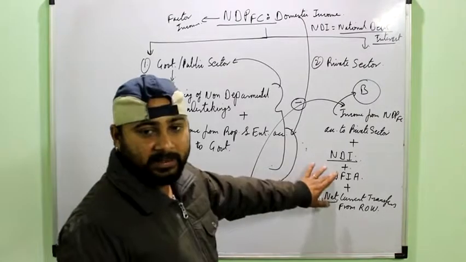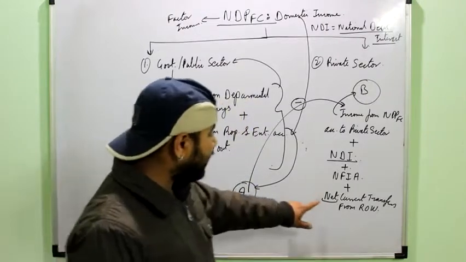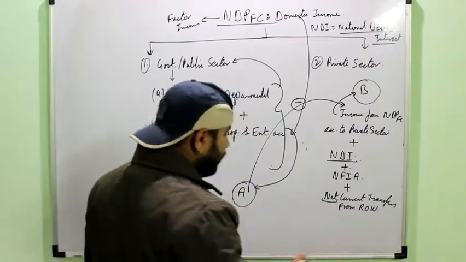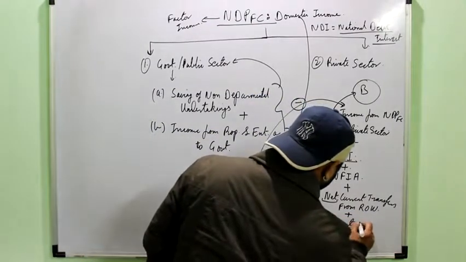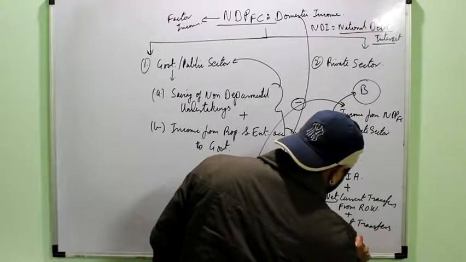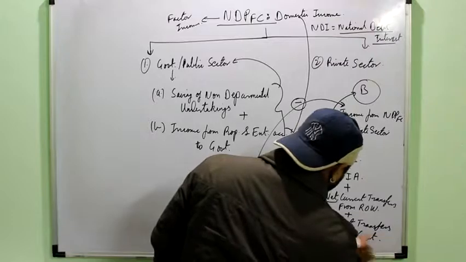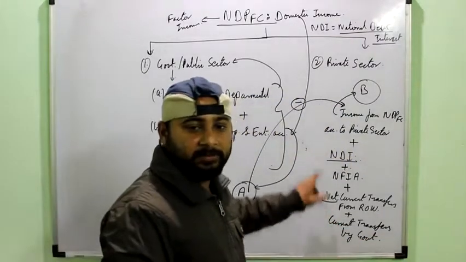Same like NFIA. Current transfers from abroad minus current transfers to abroad, and I'll get the net current transfers from abroad or ROW. And next is current transfers by government. Here no need to put the word net